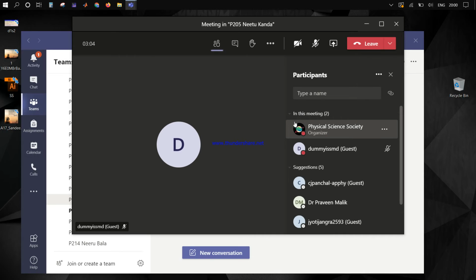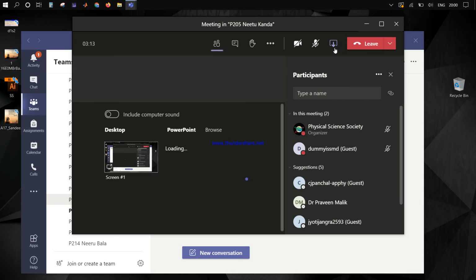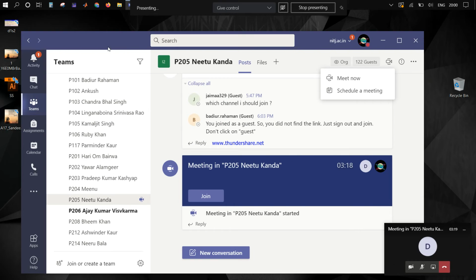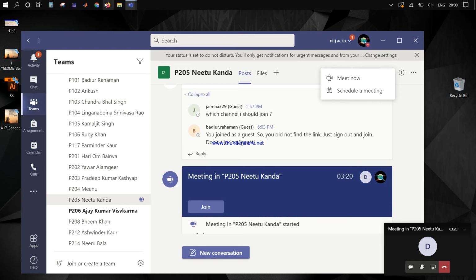Now if I want to present my screen, I have to click this share. So I can share my screen. My screen is visible now. Let us say I want to present some PDF.